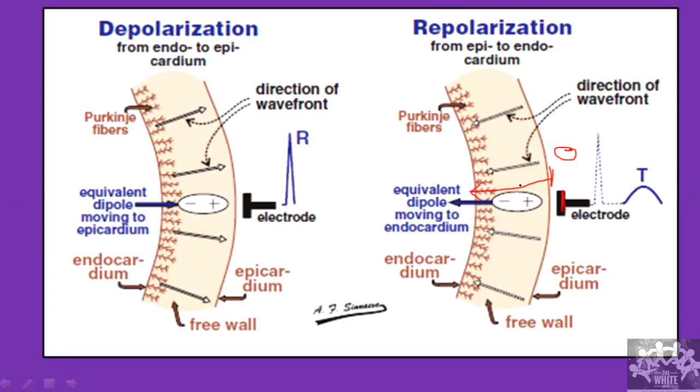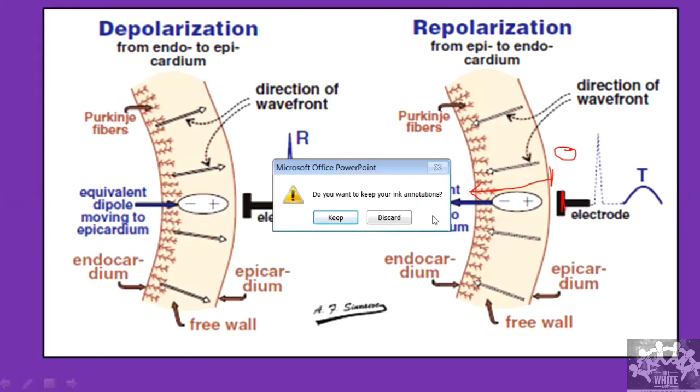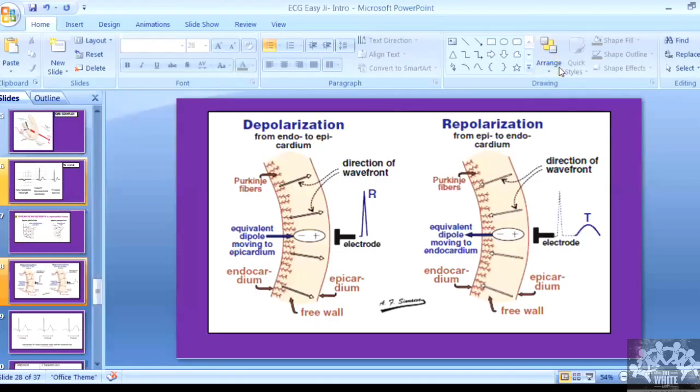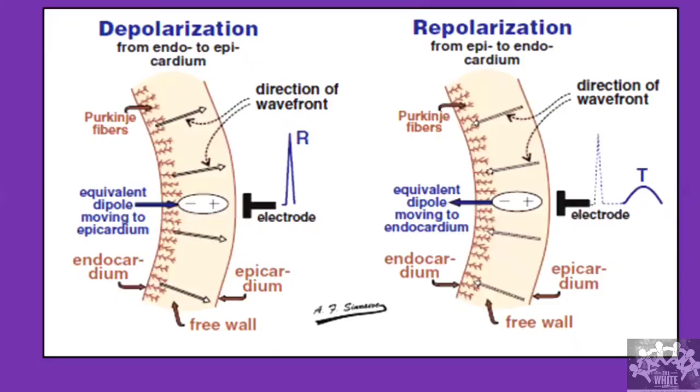If negative is going away from me, what is the deflection you are going to get? It will be positive or negative? Yes. Negative charge is going away. Think that someone you are not very familiar or fond of is going away from you, so you feel happy. So it is positive. That is the reason why the T wave is positive. If you have understood this concept well, we'll go to the next thing. This is one of the important concepts to understand.